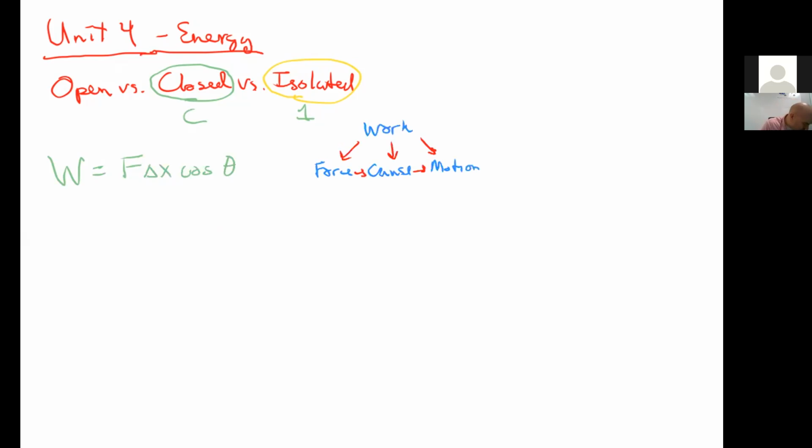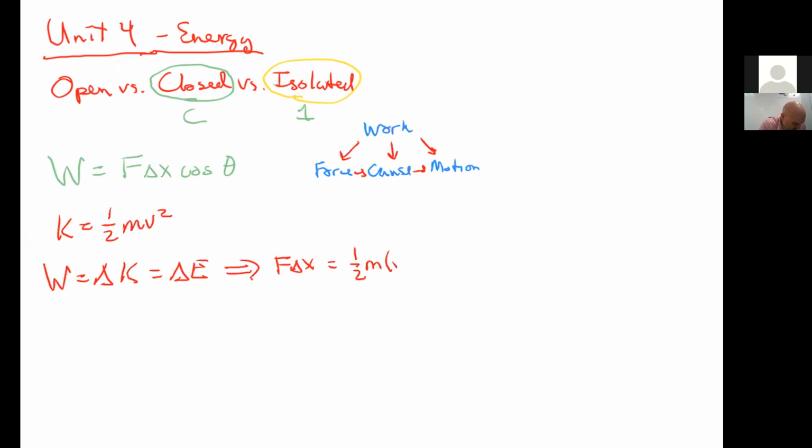And then we talked about kinetic energy, right? 1/2 mv squared. And then we did the work energy theorem, where work done is equal to the change in kinetic energy, and more specifically is actually the change in all energies. And so this kind of broke down to be F delta X equals 1/2 m (v squared minus v initial squared), right? And so that's the work energy theorem. Then we talked about potential energy, and we had two. We had gravitational potential energy, and then we had spring potential energy,